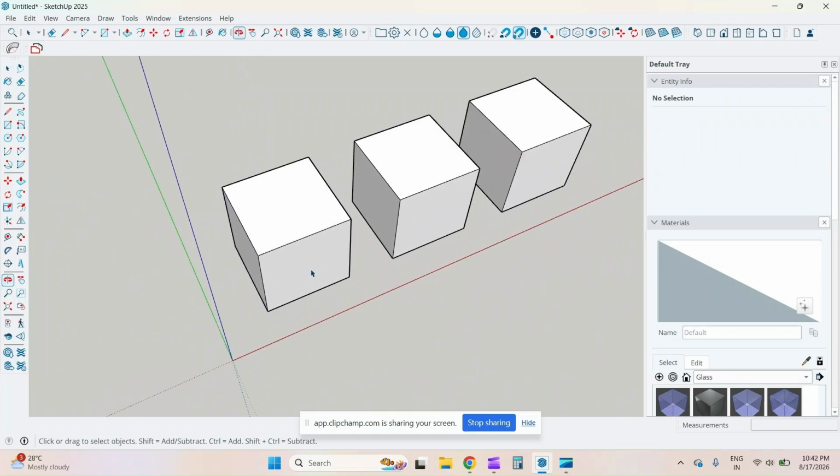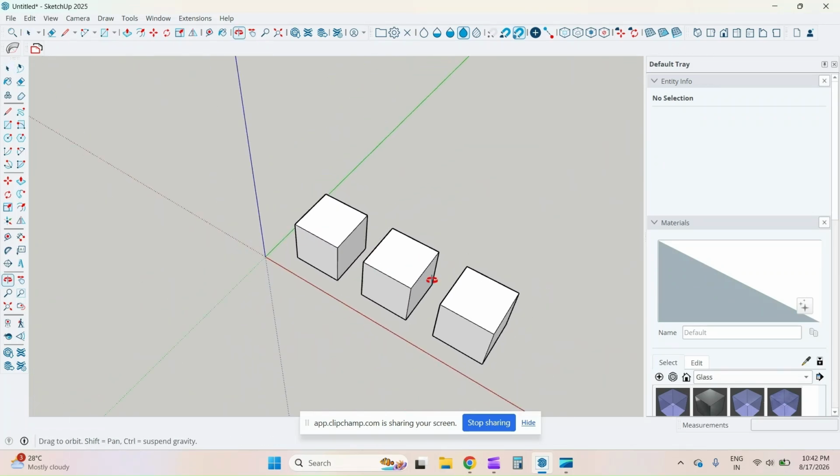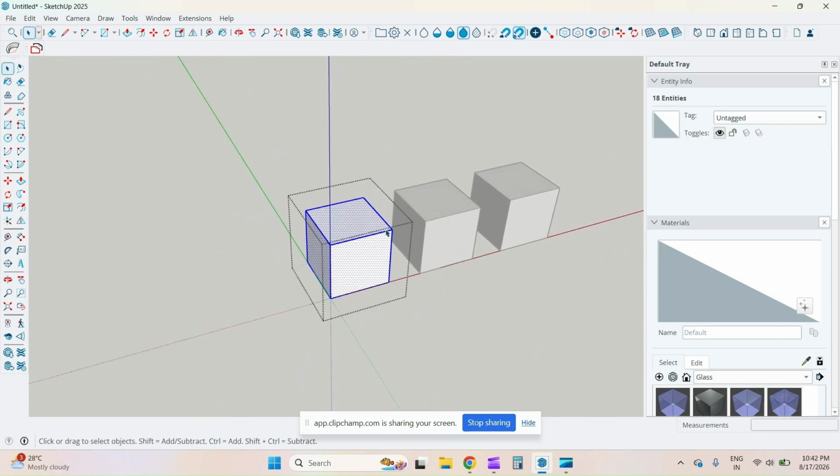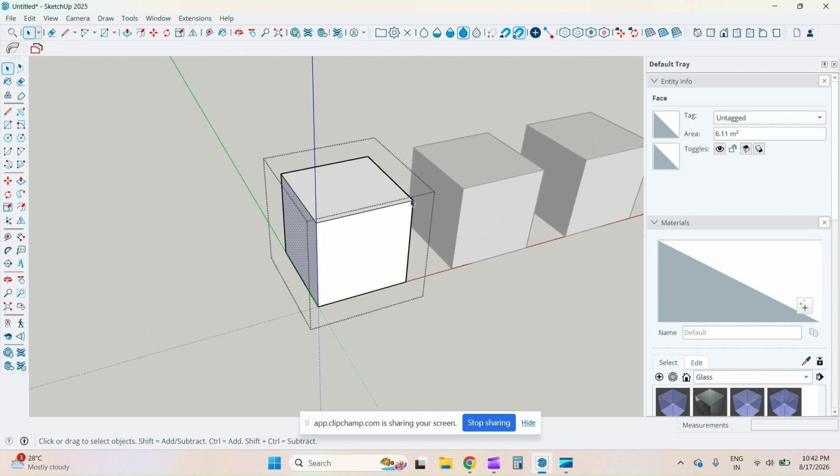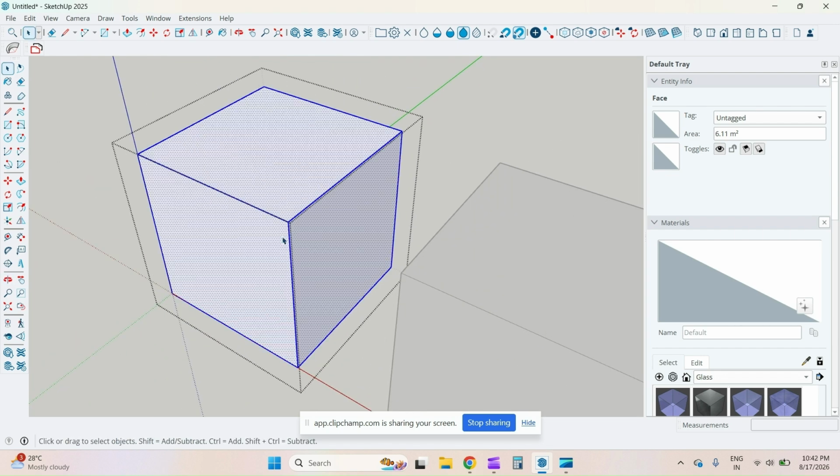Welcome back to the channel CAD Comrade, and in today's video we're going to learn about how to make round corners in SketchUp. So basically, SketchUp has no inbuilt tool that can make round corners